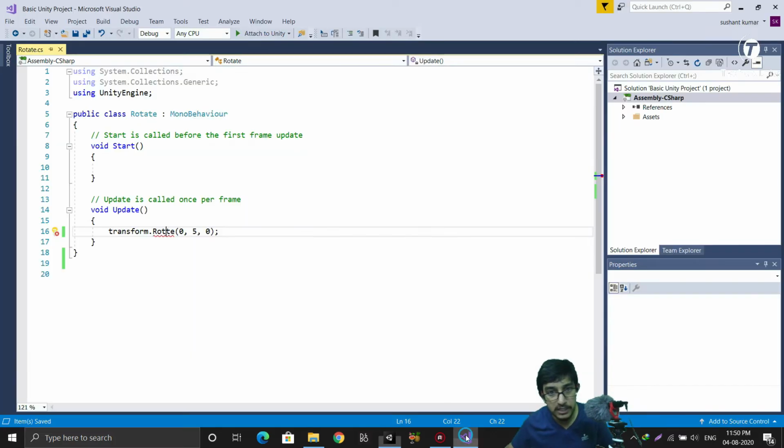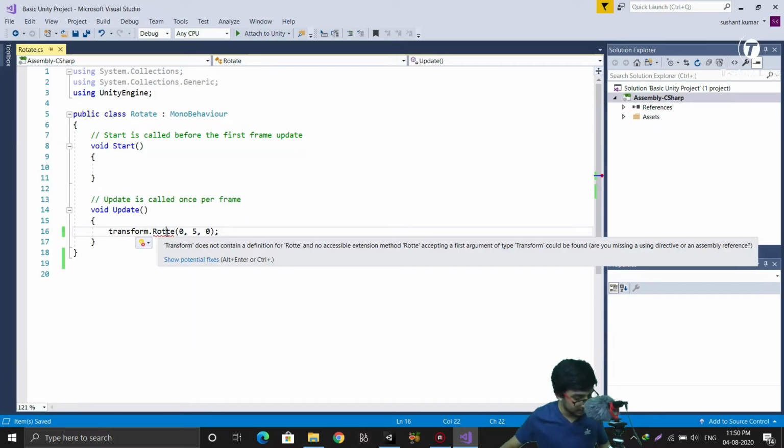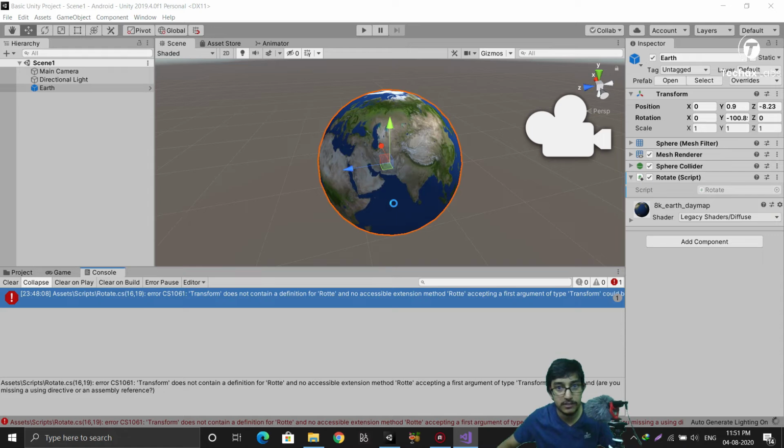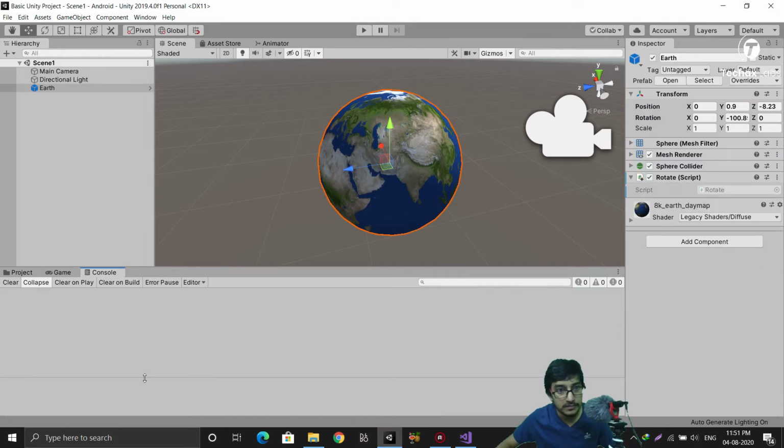So let's fix my error. Let's fix it, rotate, and I will save it again, and you can see I just pressed Ctrl+S, and this time we are not getting any red curly lines indicating that this is error-free code. Let's go back to Unity. Our script will be loaded, and this time you can see the error is automatically removed from the console. It means our program is error-free and now it will work.